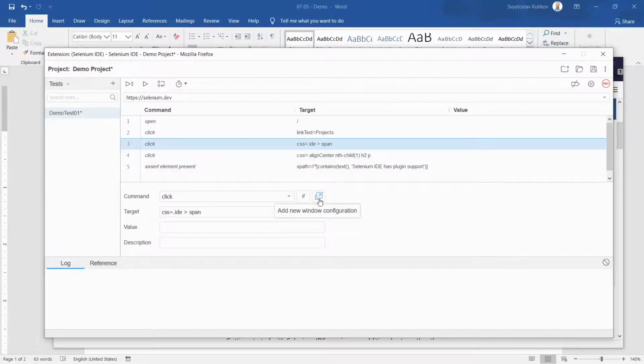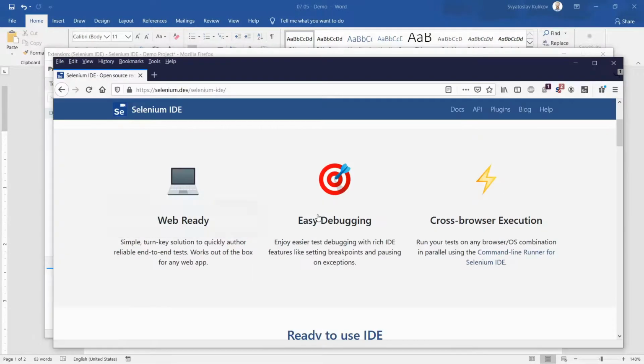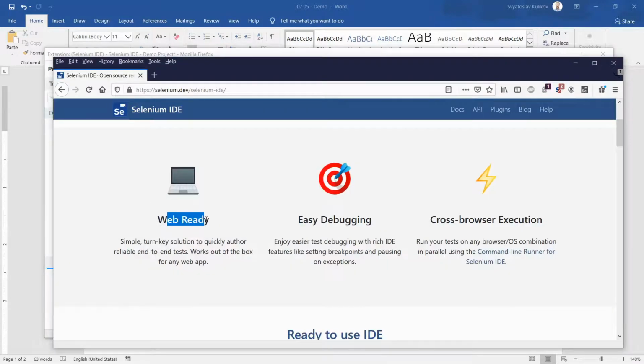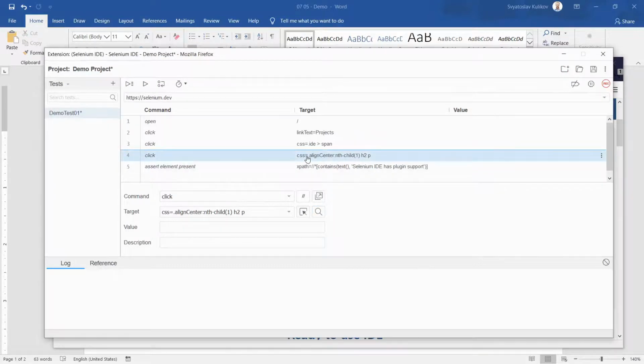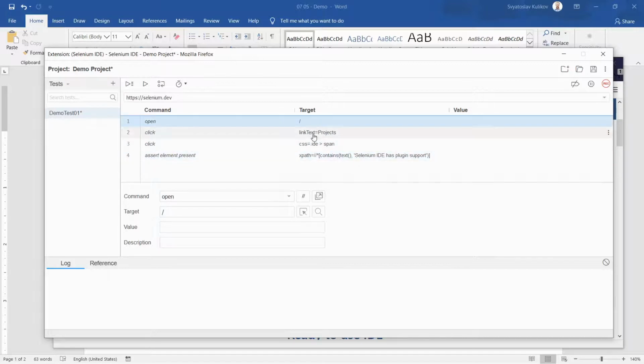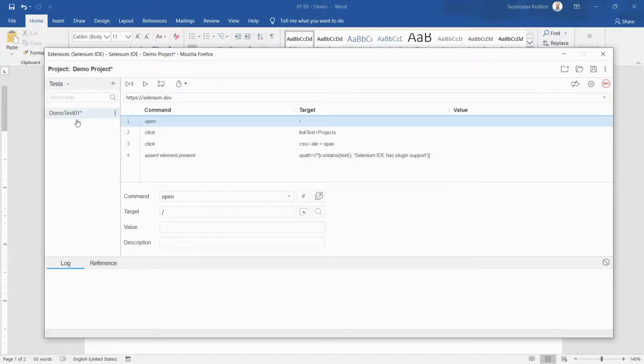Let us try to use this button, the Find Target in page. Let's check, let's click, and once again, and maybe for this command. Okay, I see that this is about this element. So I'm deleting this command and leaving this intact. Okay, 4 actions, just like in our initial document. Now we may save this test case and the whole project. Let's do it.